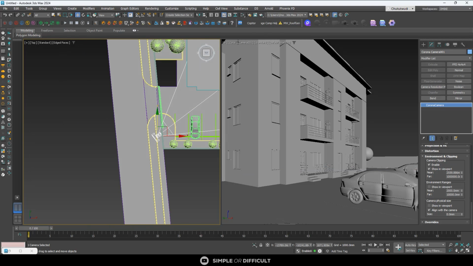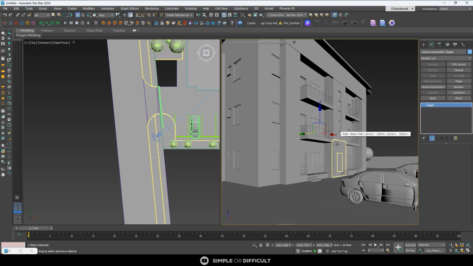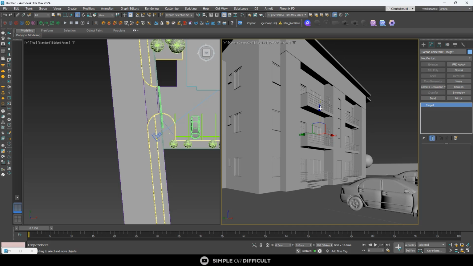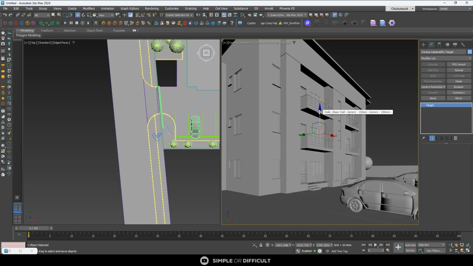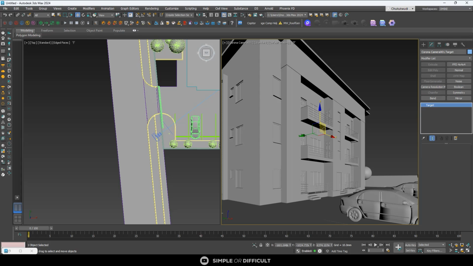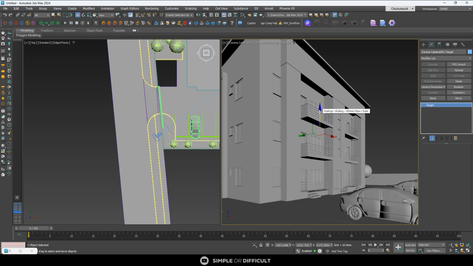So I'm just going to select the target. Okay, I'm raising it up right now. Down a little bit. Now, when we start doing the interactive render, we might still have to adjust some of these things. But for now,